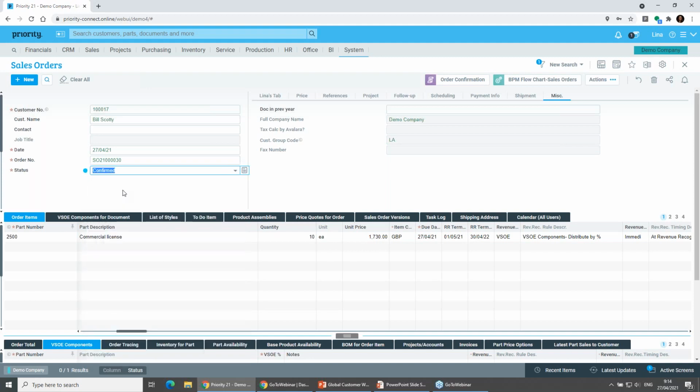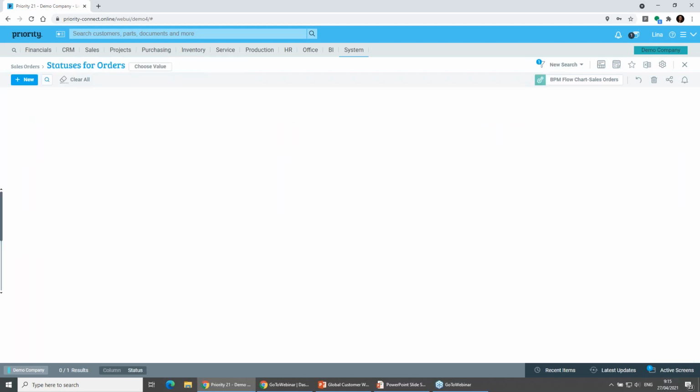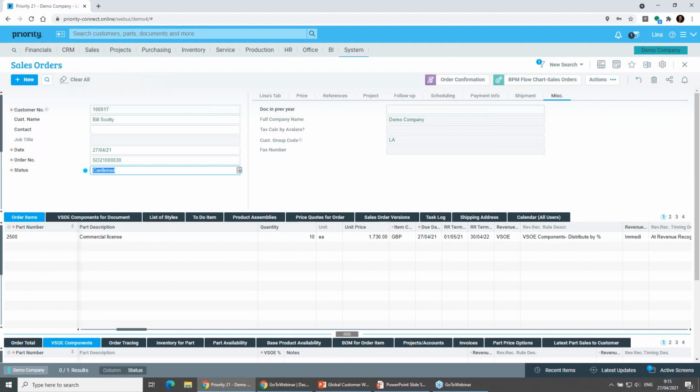So you have a flag on the statuses here saying that this status affects revenue recognition. You can see it here on the sub-level, included in revenue recognition. So I don't want my draft orders to affect revenue recognition. I only want my confirmed orders to affect recognition, so I flag the confirmed status and naturally every other status that comes after that in the chain of statuses of the sales order, so that the order continues to be